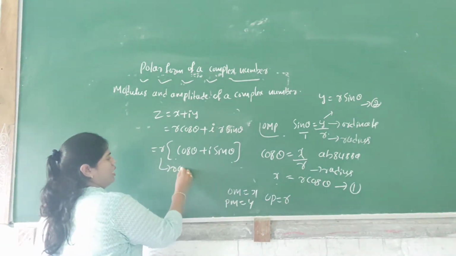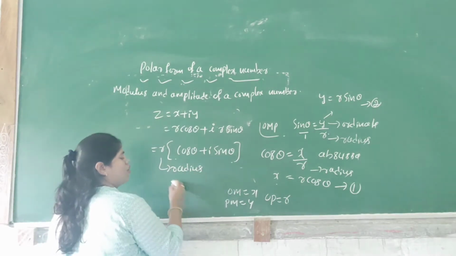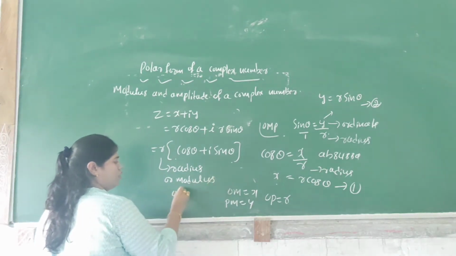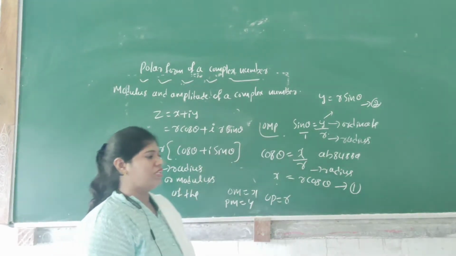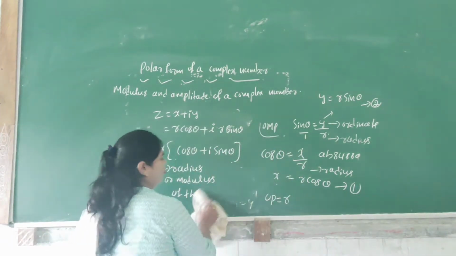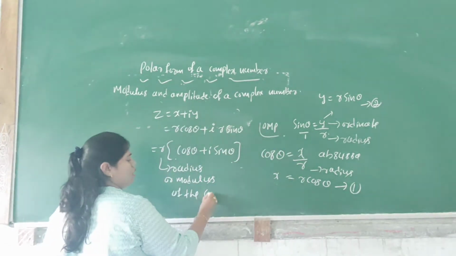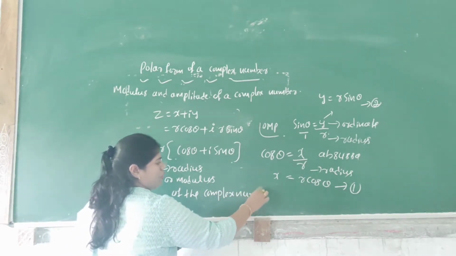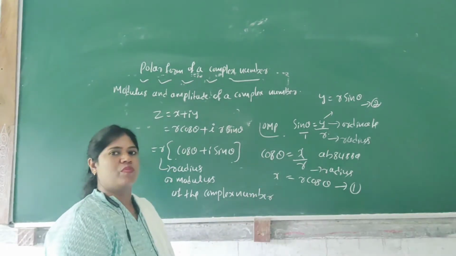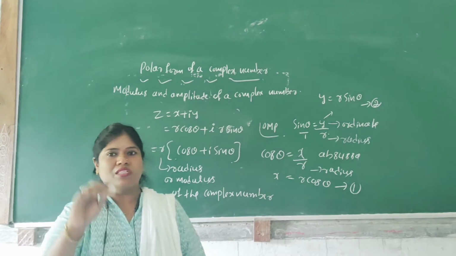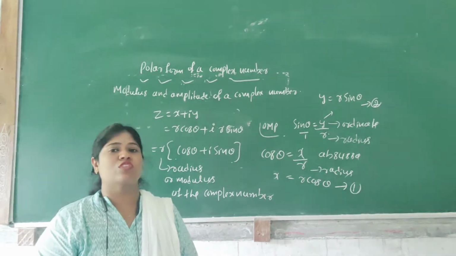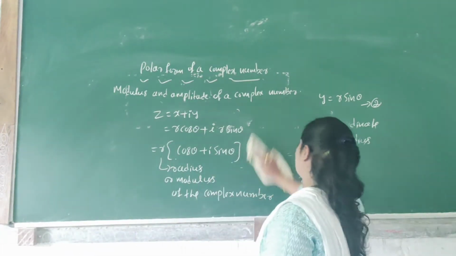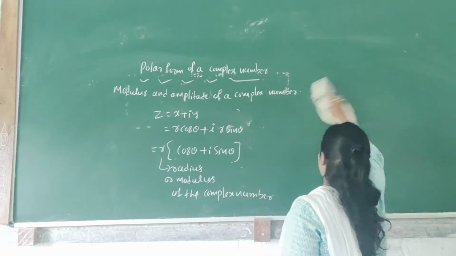This one is the radius or modulus of the complex number. r is the modulus of the complex number. What is the modulus formula? We have discussed in the previous class. Modulus is equal to |z|, which is equal to square root of x square plus y square, where r is the modulus of the complex number and theta